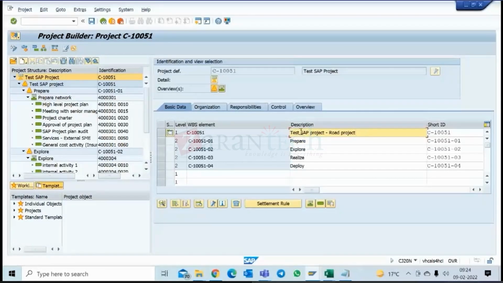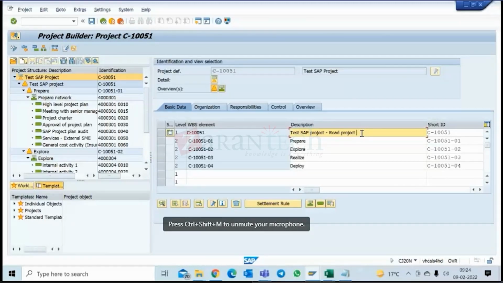So this is the road project. I'm just ignoring this for now. In civil terminology, they call it chainage. Chainage 0 to 100, let's say this is the project, 100 kilometers. Usually in a road project, what they do